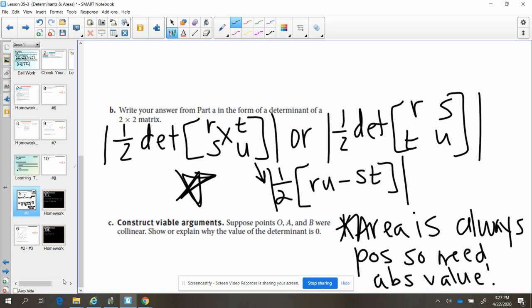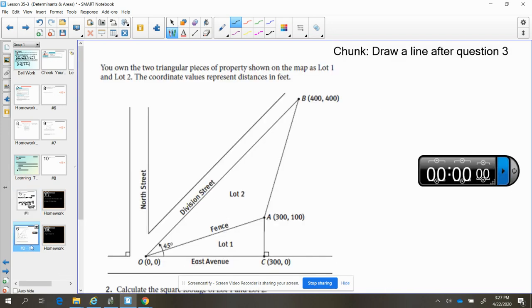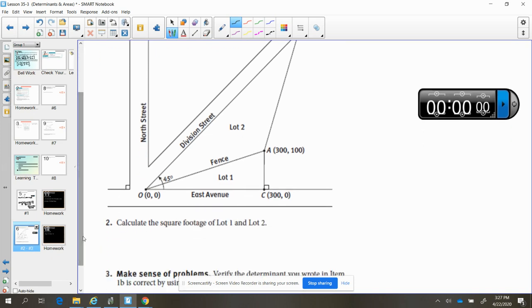Now, looking at this in application, if we turn to page 510, we're going to see 2 lots that they're trying to put together to find the total square footage of lot 1 and lot 2. For number 1, we are going to calculate half the value of the determinant. Notice for both of these triangles, one of the vertices is at the origin, so that's good news for us. So we want half the determinant value of, if we're going for lot 1,